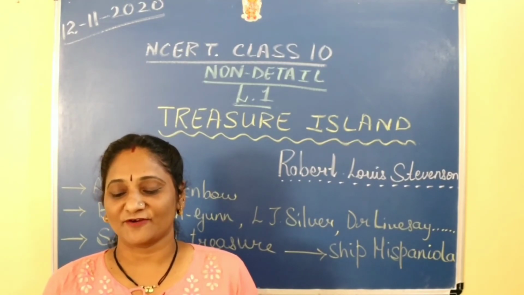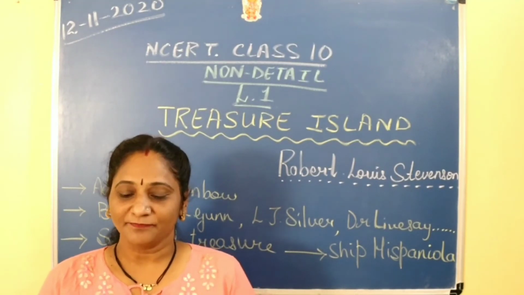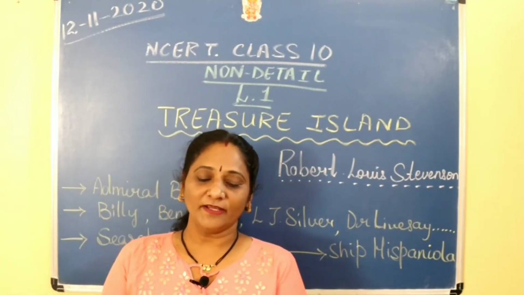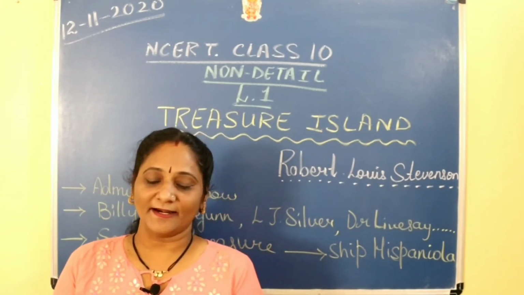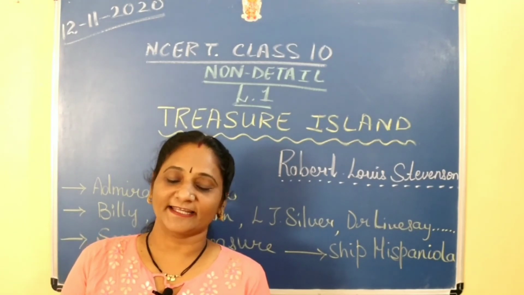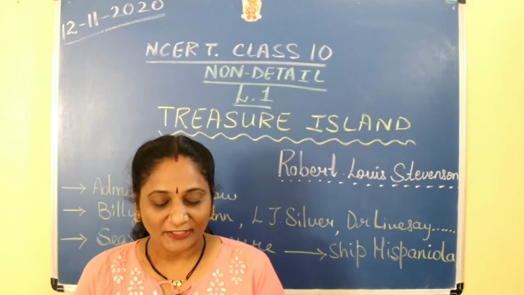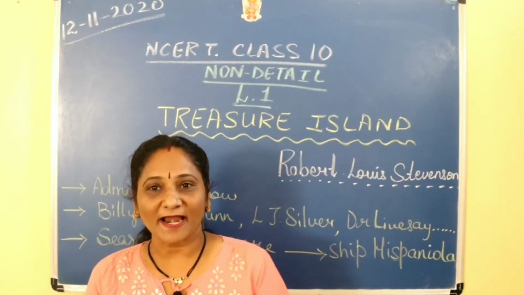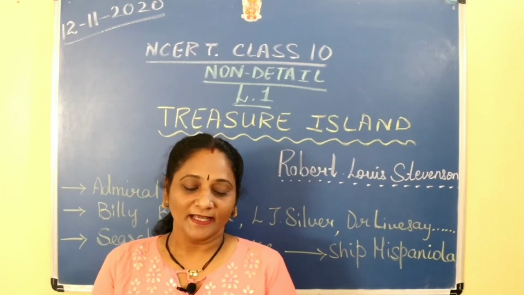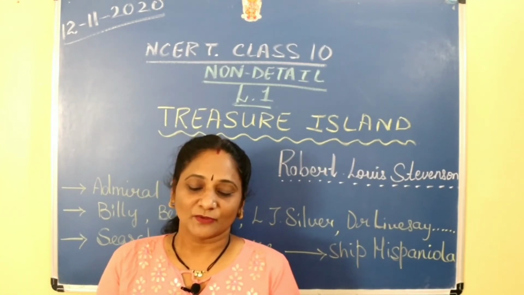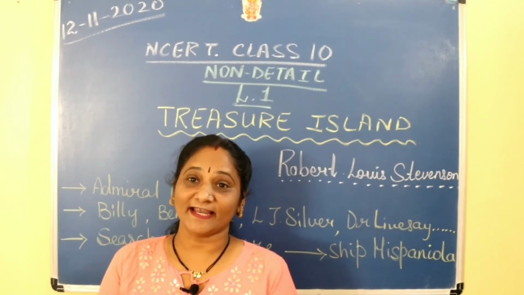There Captain Smallet was recovering. The doctor now tells everything: how he came to know that Bengun had already found the treasure and had carried it to his cave. He also saw that the ship had vanished. So only he had given the treasure map to the pirates. That is why he had given